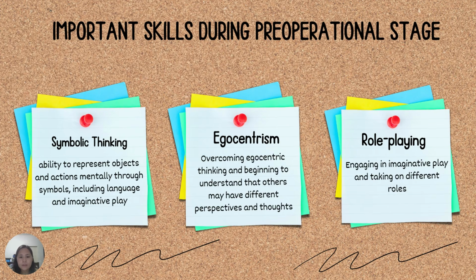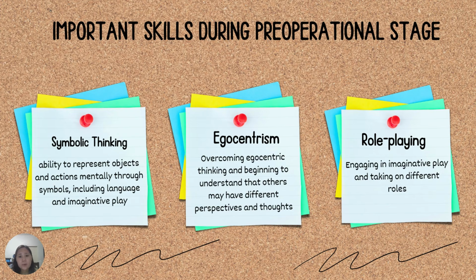Then as children gain control and awareness, their imagination starts to flourish. Let's move on with the pre-operational stage. We have here toddlers, they begin to represent the world through symbols, words and images. So their thinking during this stage becomes more imaginative, yet still limited by egocentrism. Later, we'll discuss what egocentrism is.